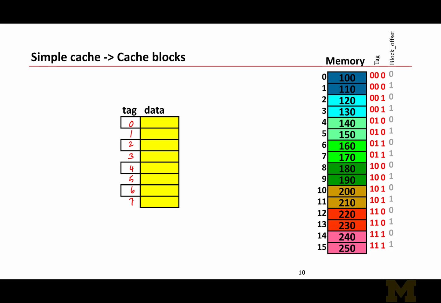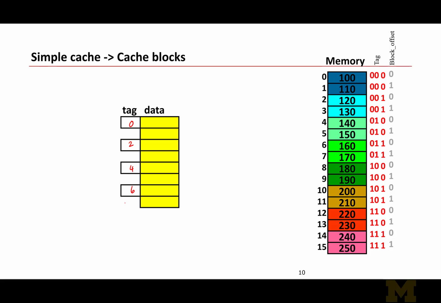Now we said the problem with this approach is we are spending too many bits in cache for storing the tags. So we wanted to reduce the number of tags and the tag size. The way that we accomplish that is by saying, well, for every cache line, instead of just storing 1 byte worth of data, let me store maybe 2 bytes worth of data. So what that means is I don't have to store these extra tags anymore. Not only that,